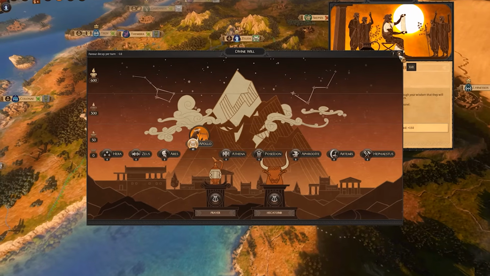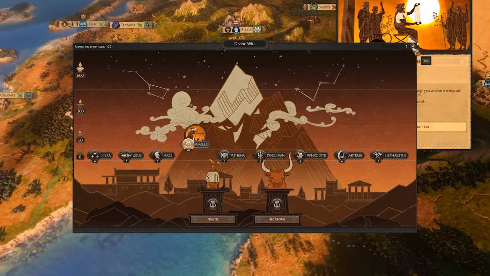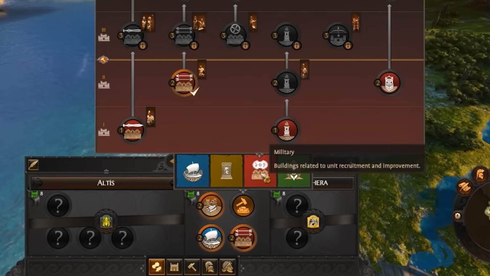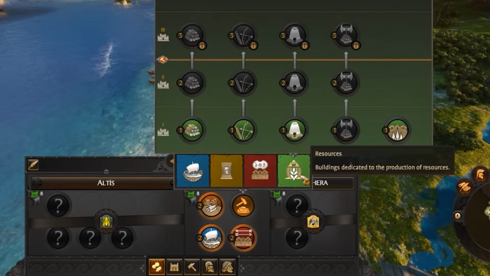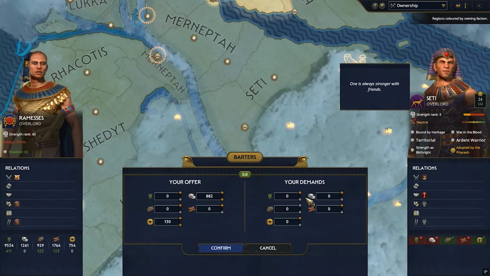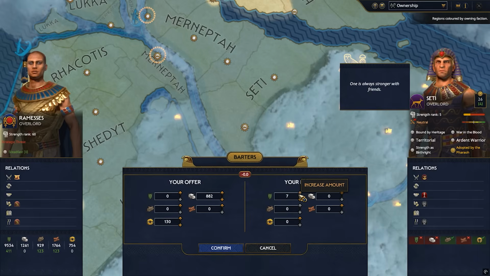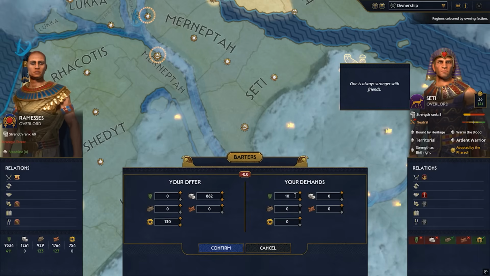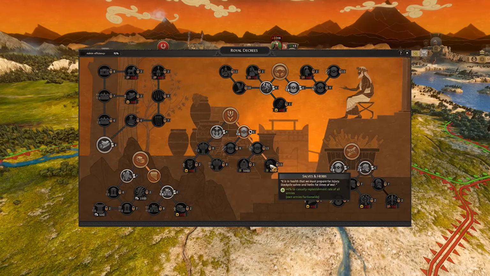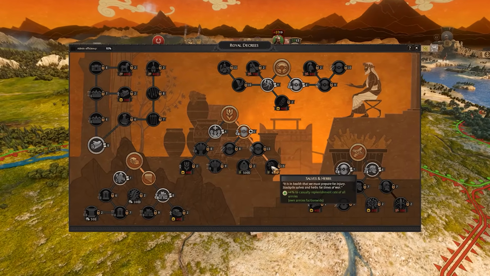Since Troy, however, these systems have been dramatically simplified. The economy often boils down to resource gimmicks tied to specific factions and regions rather than complex networks of trade, taxation, and management. Diplomacy has become shallow, with predictable AI behaviors and limited tools for negotiation. Technology trees are generic, offering little meaningful choice between unlocking the next thing or this buff.